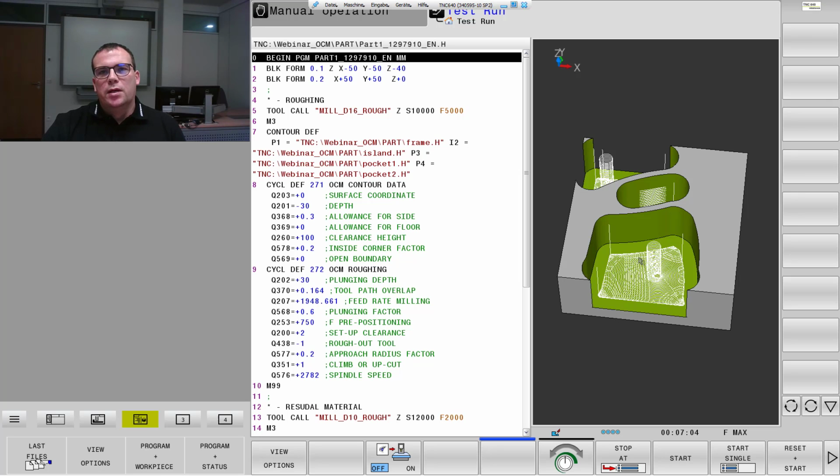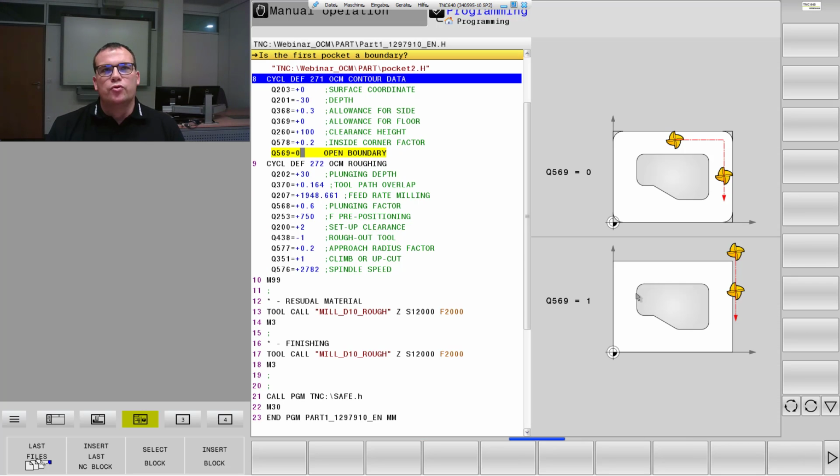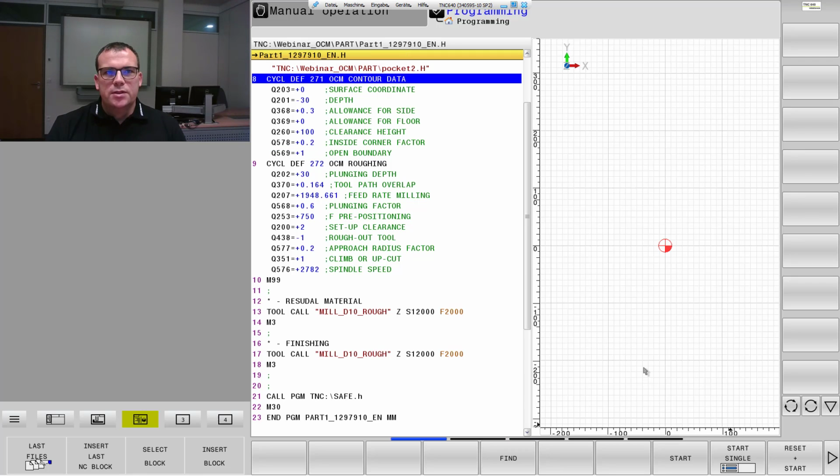And this we can just easily activate with the parameter in the OCM contour data 271 when we switch the open boundary to 1. Then the tool is allowed to overlap or to go over the outside frame contour,